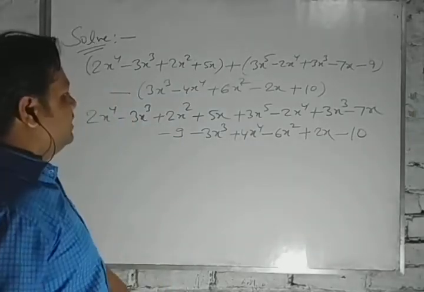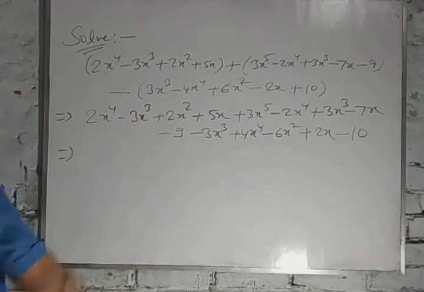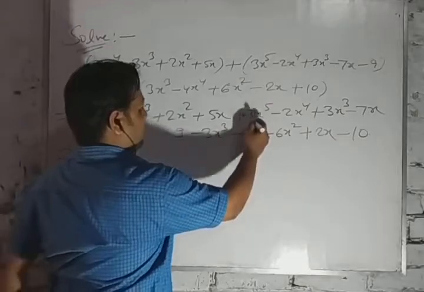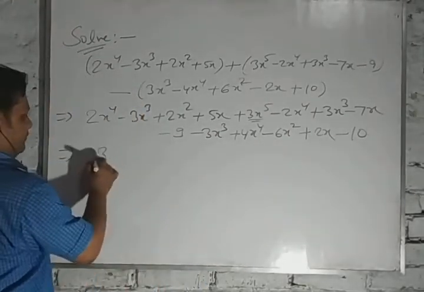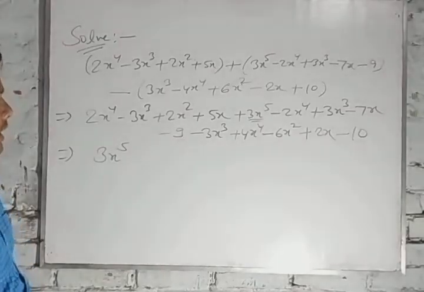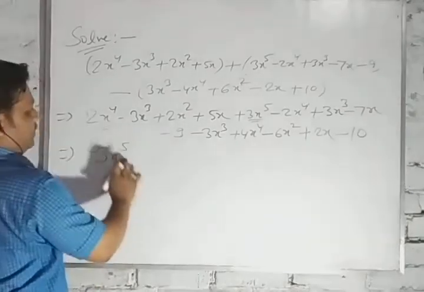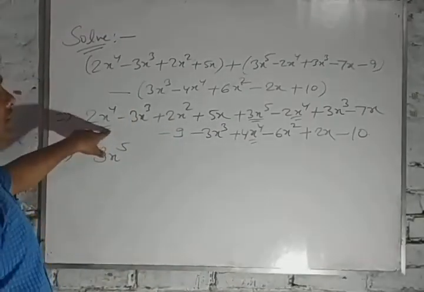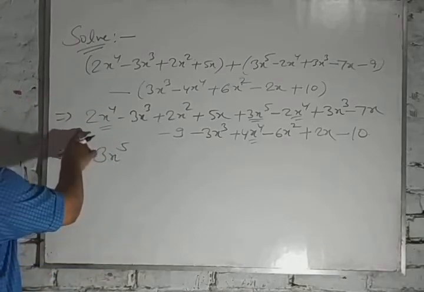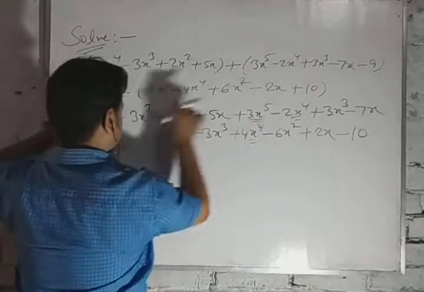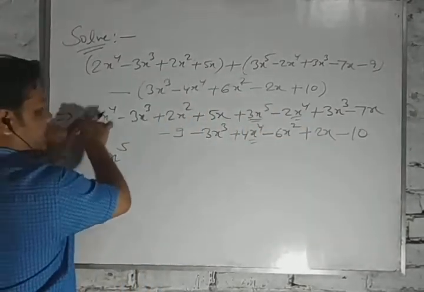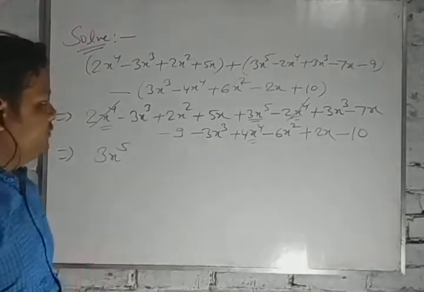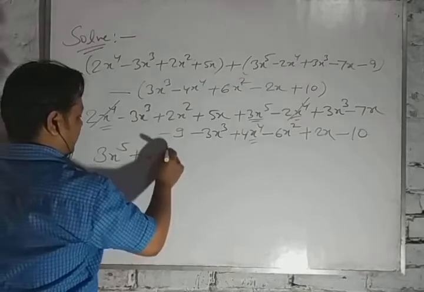Okay. Now after that arrange all the like terms. Here the highest exponent is x to the power 5 and it is only one, so we will write this one first, 3x to the power 5. Now x to the power 4: these are the three expressions. Here you can see plus 2x to the power 4 and here minus 2x to the power 4. Both are the same, one has a plus sign and one has a minus sign, so we can directly cancel them out. The rest one is plus 4x to the power 4, so we will write plus 4x to the power 4.